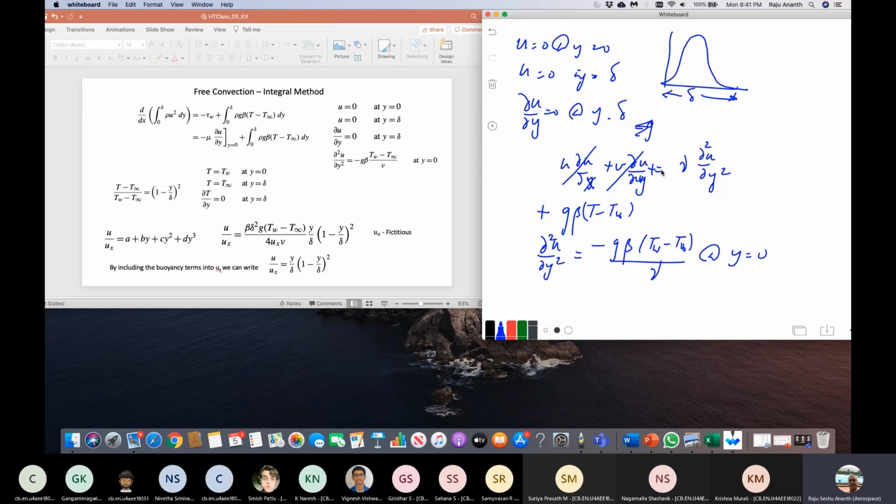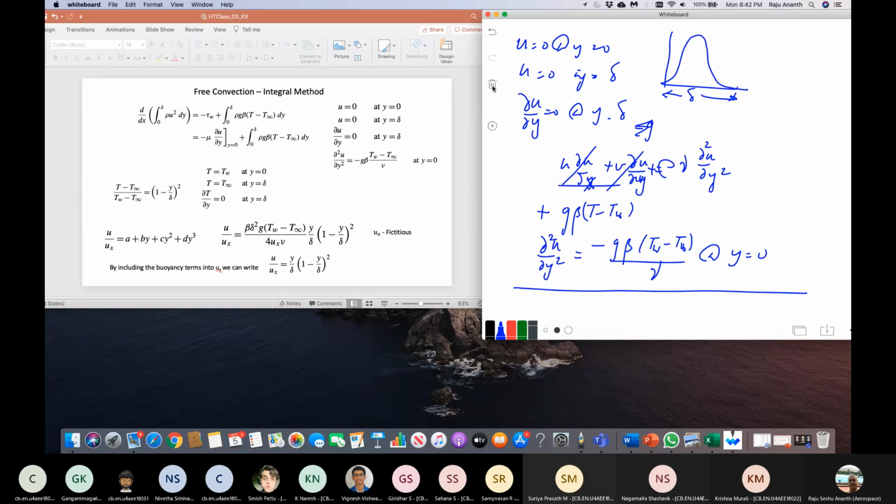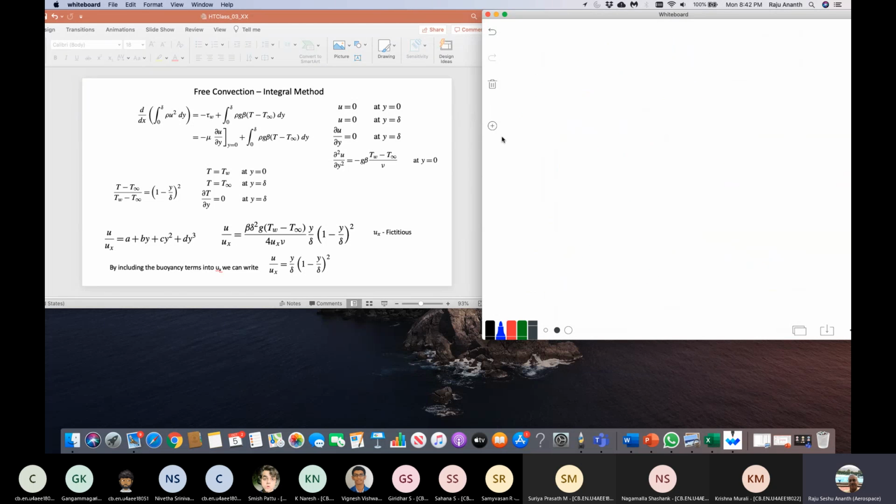So the nu comes in here. There is one more term here for the natural convection, so there is one more boundary condition here. This has to be satisfied. Okay, so if I assume a polynomial the way that I have done here,